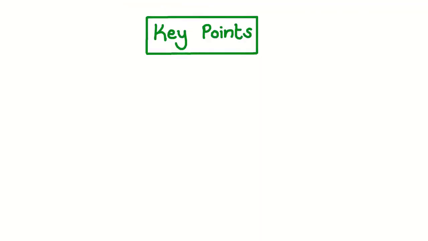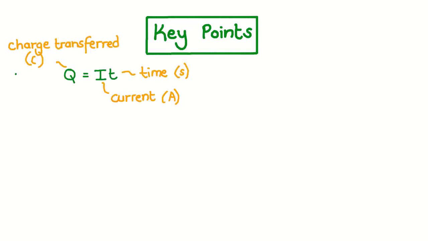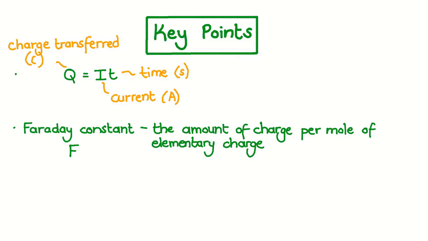Now let's summarize what we've learnt about the Faraday constant. We learnt the equation Q equals IT, where Q is the charge transferred in coulombs, I the current in amperes, and T the time in seconds. This equation is useful in electrolysis to determine the charge transferred from a power source to an electrolyte. We learnt about the Faraday constant, symbol F, which is the amount of charge per mole of elementary charge. And this value is